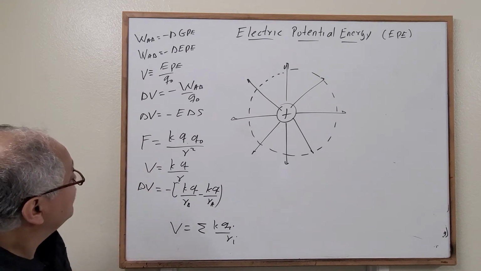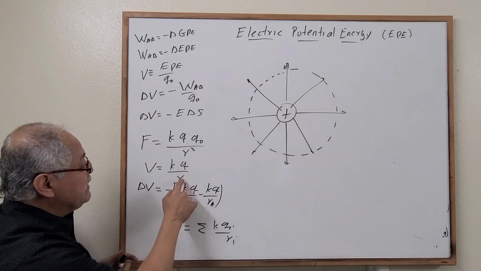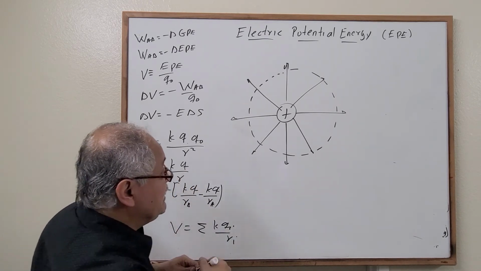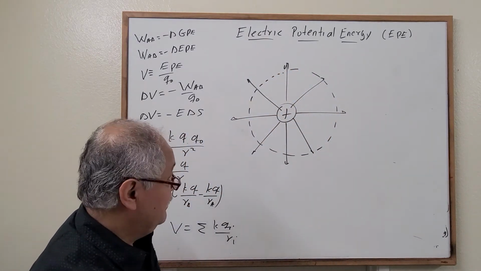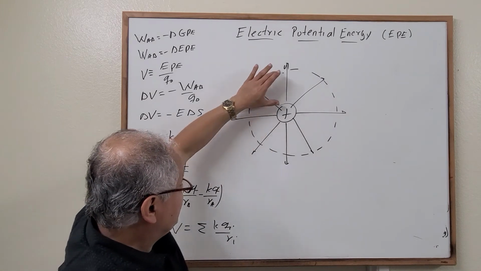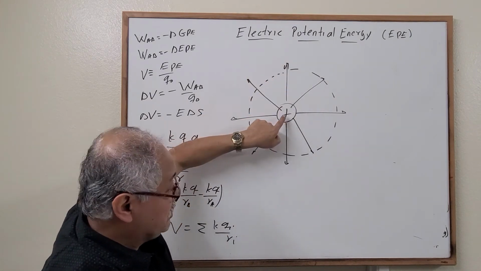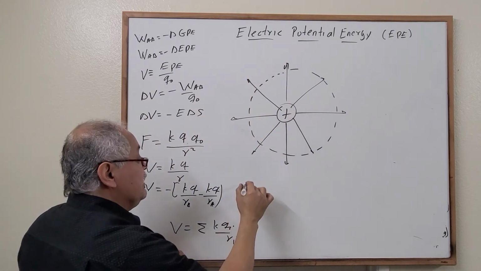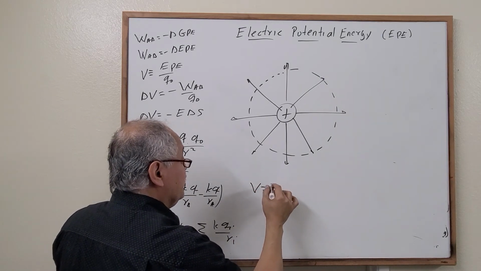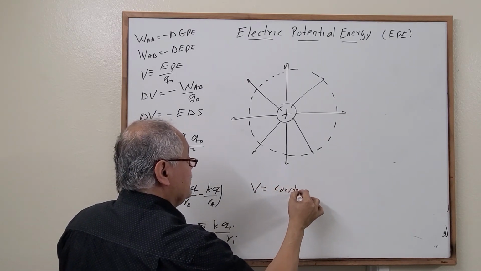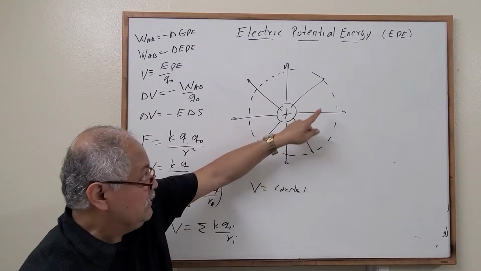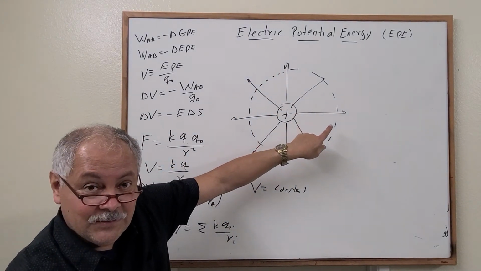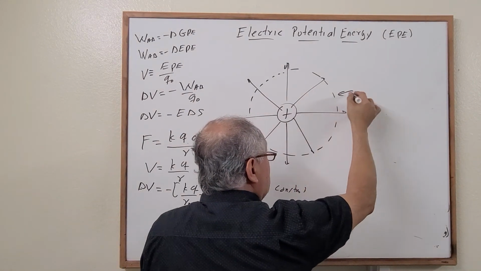Okay, let's do it. So the electric potential, the charge is the same, the distance is the same, so the electric potential is the same on this curve, on this surface, right? Because we are the same distance from this charge and the charge is the same. So what should be this? Then the electric potential is constant along this surface because r, the radius, is constant, correct? So we call this surface equipotential